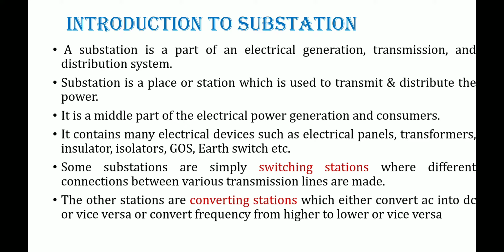Getting my point? So in the generating station, at certain voltage levels we have to generate the power, and transmission is going to be done at higher voltage levels in order to reduce the transmission losses. Then distribution is going to be done at lower voltage levels as specified by the consumers themselves. Getting my point?